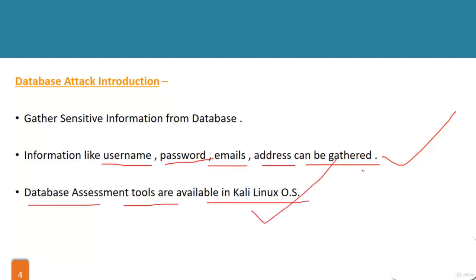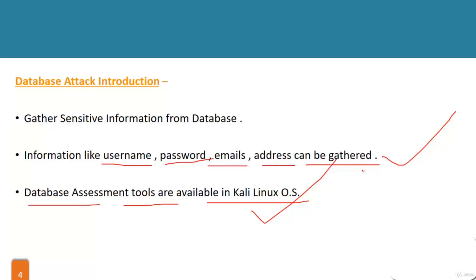So inside Kali Linux OS we already have a database assessment section, right? When you click on applications in Kali Linux, you will see a chapter called database assessment, and it contains so many tools. 10 to 15 tools are available there, but we are going to learn the most important tools among them, right? For example, sqlmap is available here. So you can use sqlmap for database assessment, right? jSQL is available there, you can also use it, and you can also try to attack the website without using any tool. So we are also going to include that inside this section.